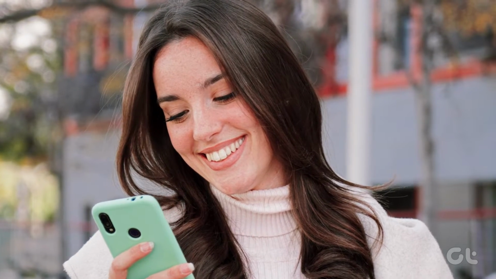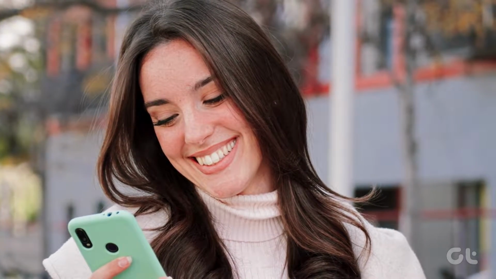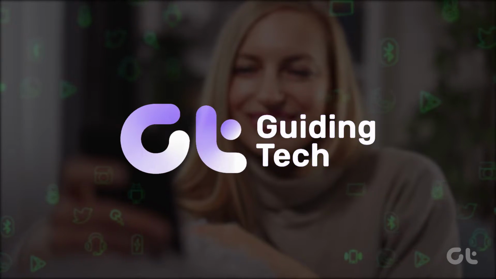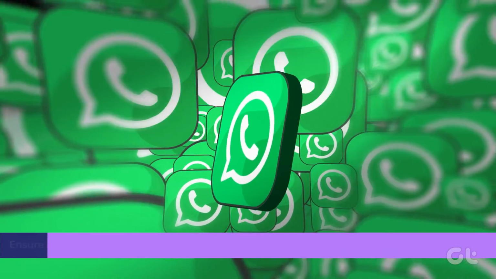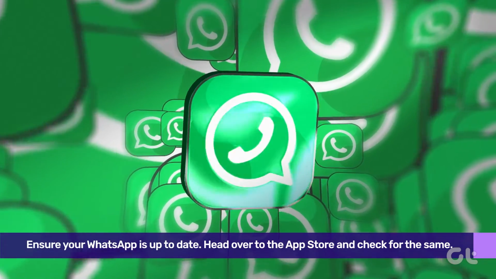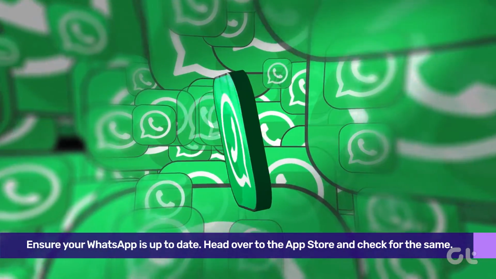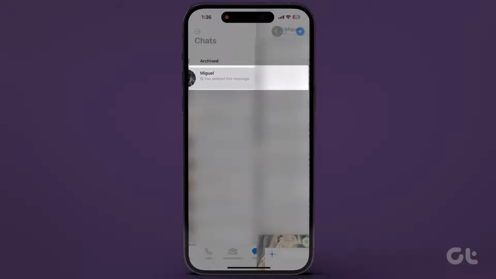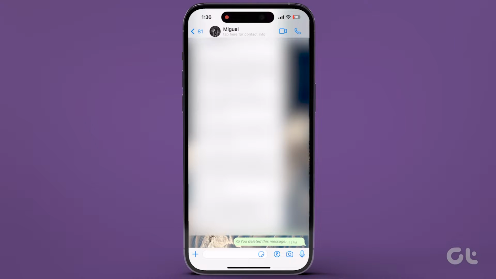In this video, we'll guide you through the fun process of creating your own WhatsApp stickers straight from your iPhone. Let's get started. Before delving into the art of crafting your own WhatsApp stickers, ensure your WhatsApp is up to date. Now open WhatsApp, pick the chat where you want to send the stickers, and tap on the sticker icon